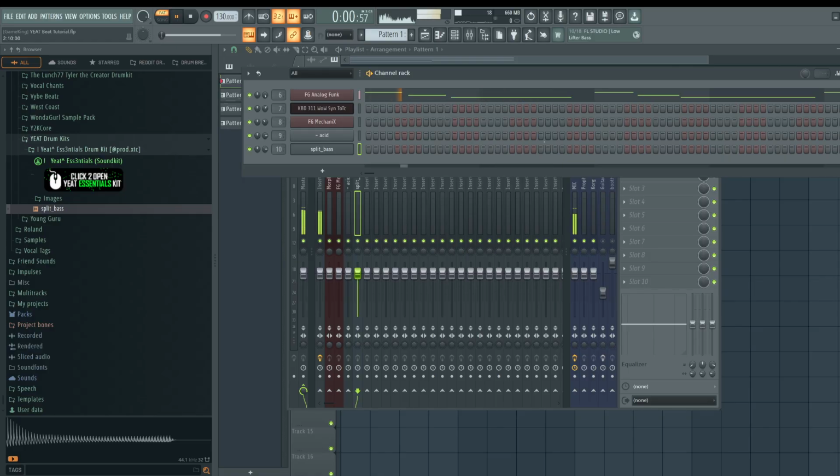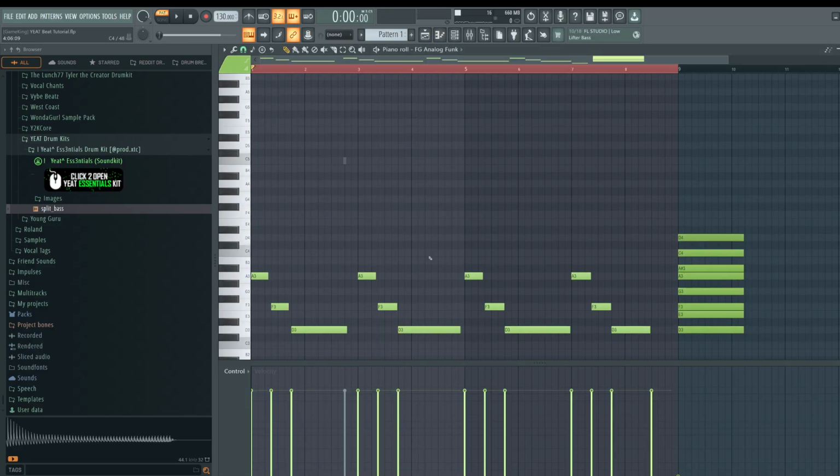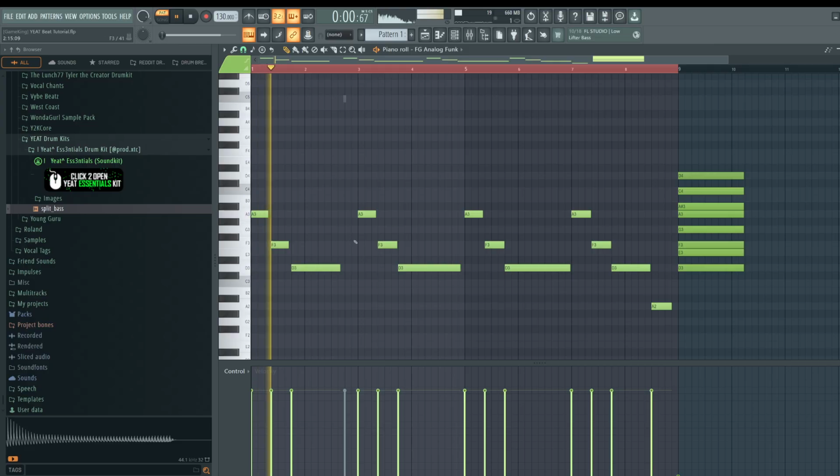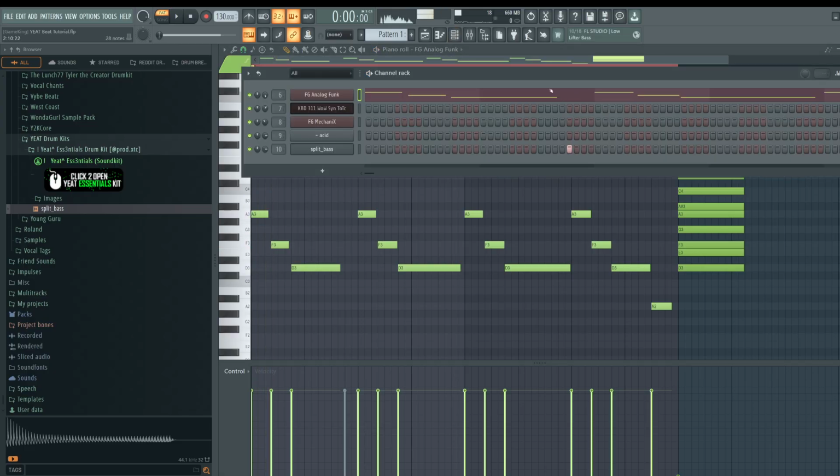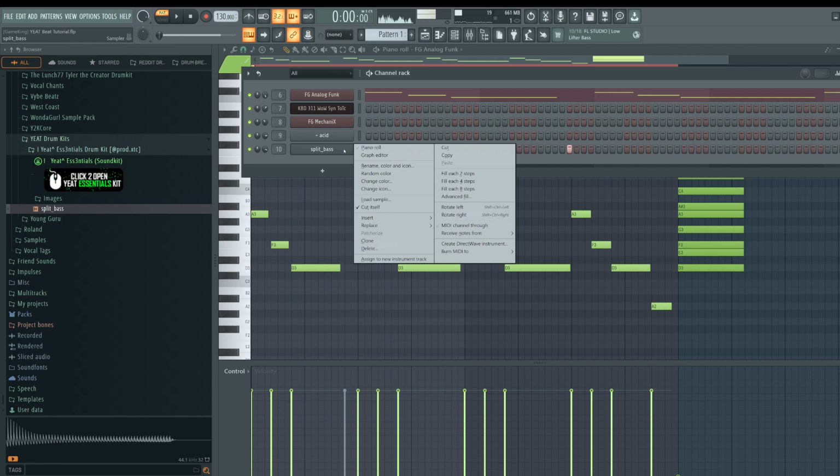So I think it's 1, 2, 3, 4. So 3 C O, 3 C O. Okay, let's add it there. Now we might not need to actually cut it off. We just need to make sure that note doesn't play at that point. See if it fits.